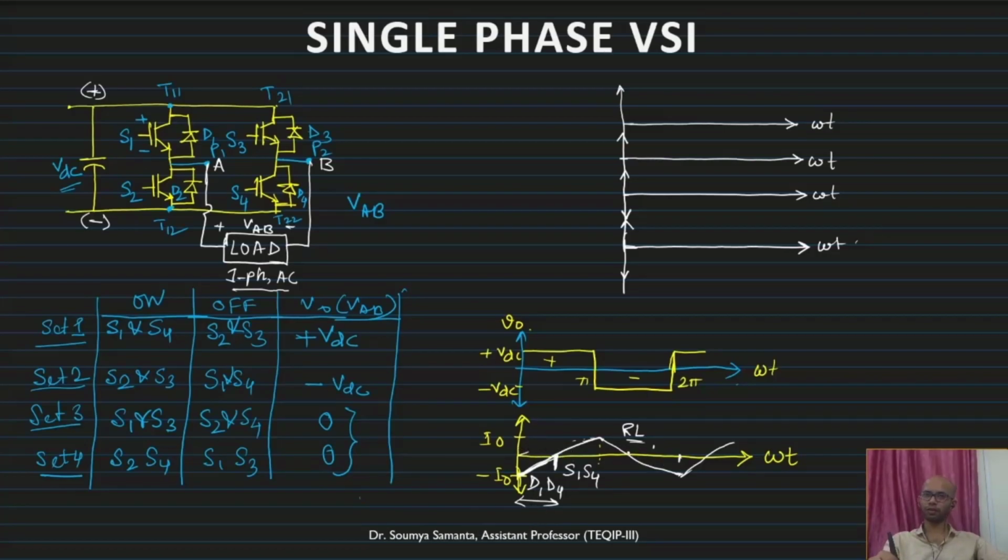Okay, similar thing will happen there also. So this part, this will conduct for S2 and S3, and this one will be D2 and D3. So that is how the diode conduction plays its role when the load is RL or RLC. So through the switch, the current direction is this one. For the diode, this is the current direction. So reverse current flows through the diodes. That is basically the freewheeling part.